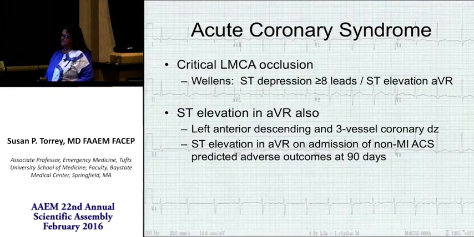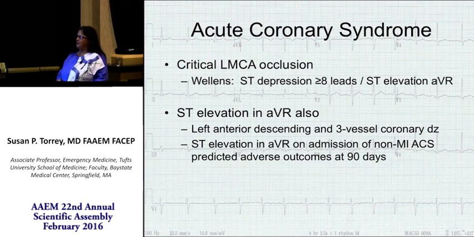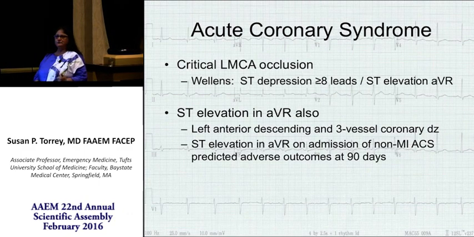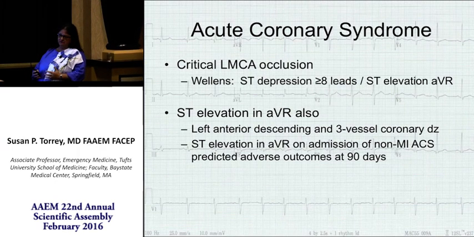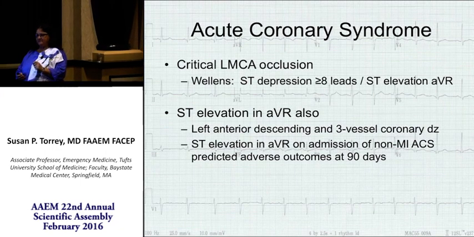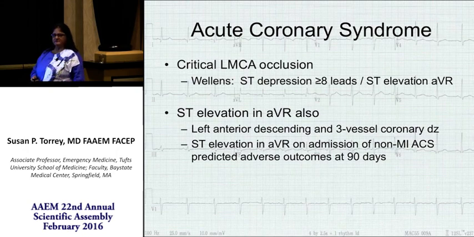This dramatic presentation was first reported by Hans Wellens a number of years ago, and he felt it was very predictive of critical left main occlusion, which is worthy of being identified because you've got to get these patients to cath to have that critical obstruction identified, and the majority of them then go to emergency bypass surgery, as the lesion is not really amenable